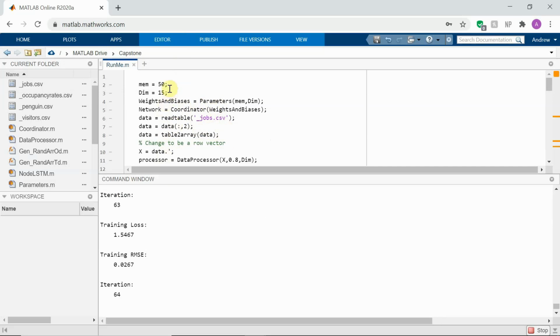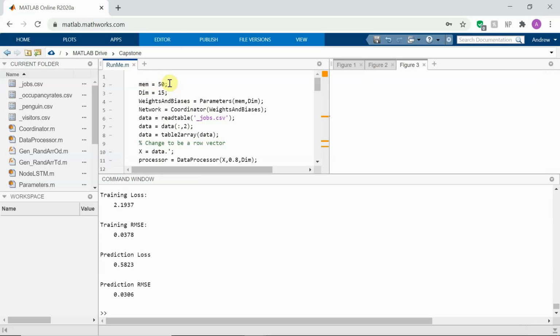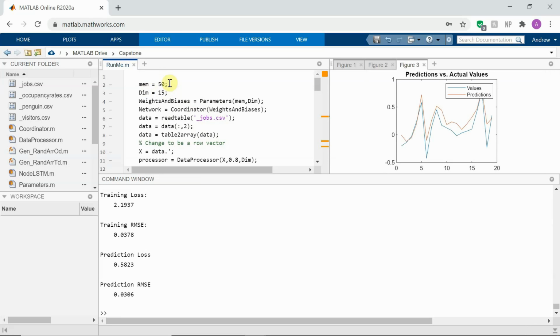we have set the number of memory units to 50. So that means that the program can look back 50 LSTM cells. So that means that the network will be able to contextualize its prediction with the previous 50 inputted values before it. And we also train for 200 iterations so that the network becomes comfortable with the patterns established within the sequential input data. So if we take a look at the figures,